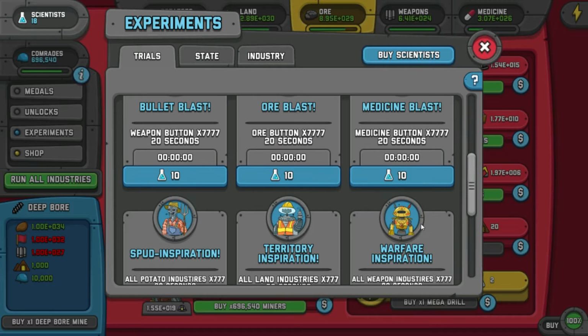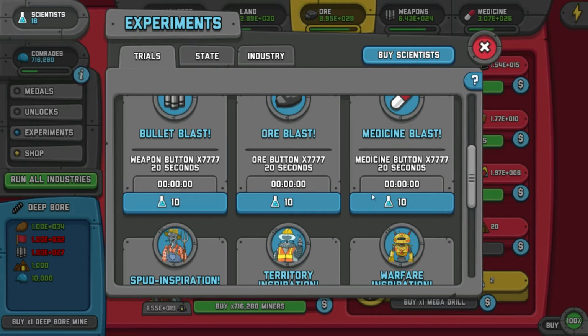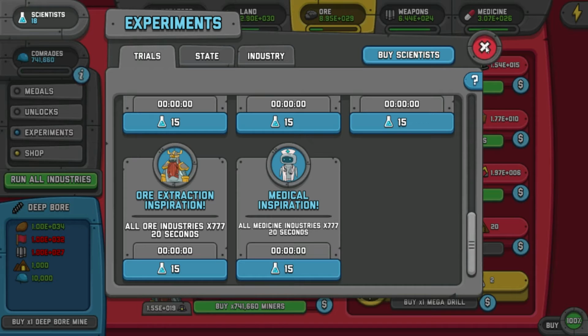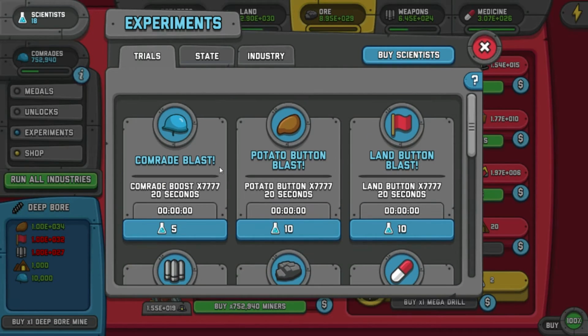All weapon industries. Isn't that what these do? Oh, medicine buttons. Yeah, okay. So that's the clicks, which wouldn't be all that much, to be honest. Probably I wouldn't say that would be worth it, but these, all industry, I could produce a decent bit, I suppose. I wouldn't suggest spending any of your scientists into these